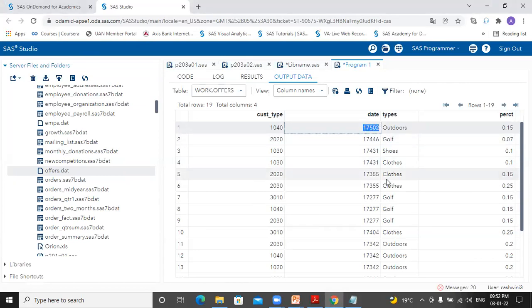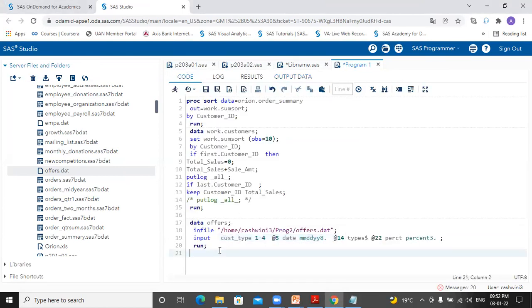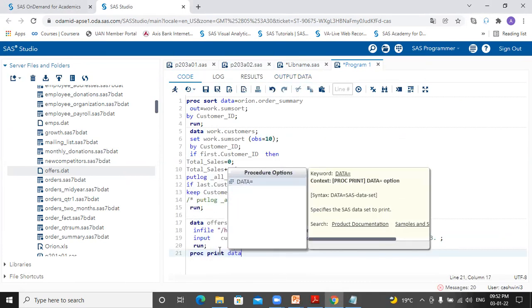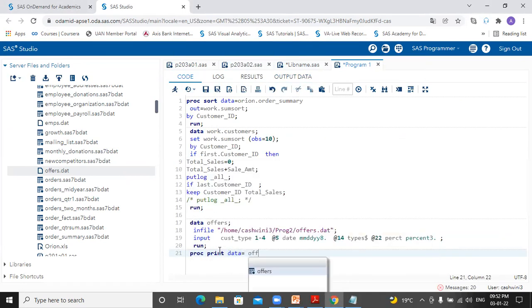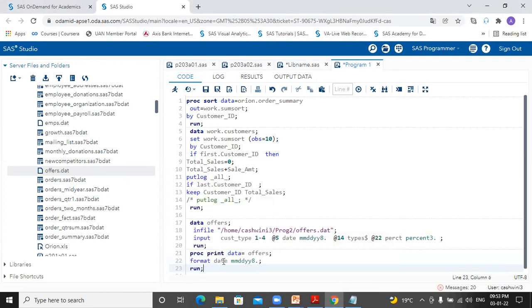It is read as a SAS date in number of days. Now, if you want to view this data, write proc print data equal to offers, write format, and apply the format on date as MMDDYY, the same date format, and use run.